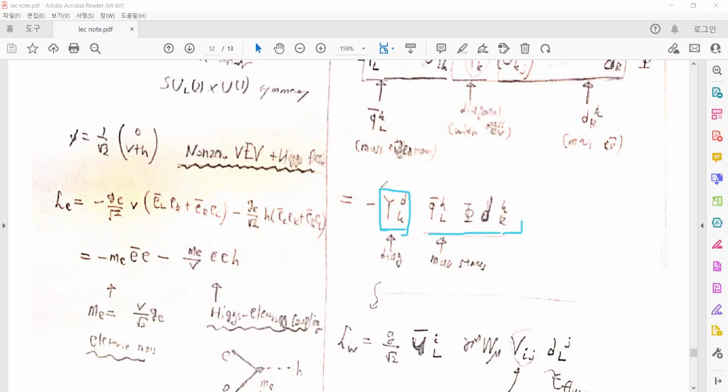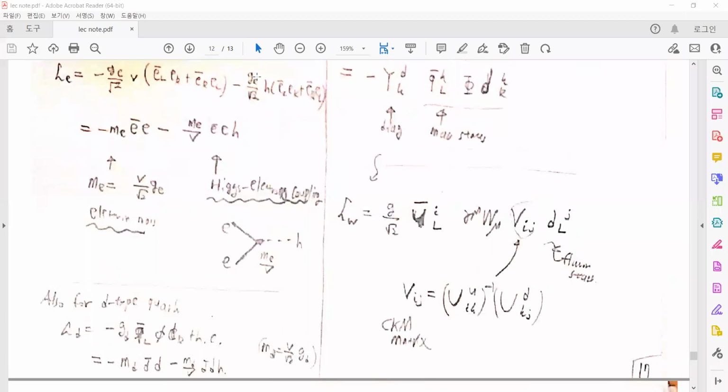And in the realistic Lagrangian, the interaction terms contain some multiplications of the two unitary matrices. So there is a weak change from the down type to the up type in the charged current by the exchange of the W boson. And because such interactions only occur between weak eigenstates, while the propagation only considers the mass eigenstates,